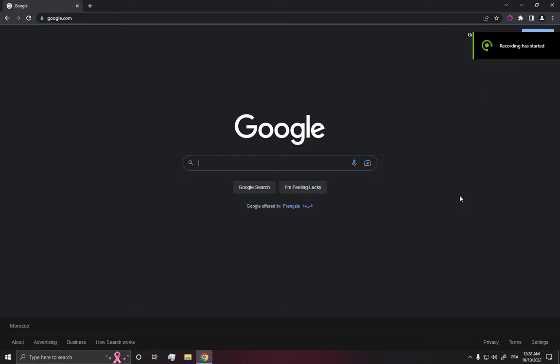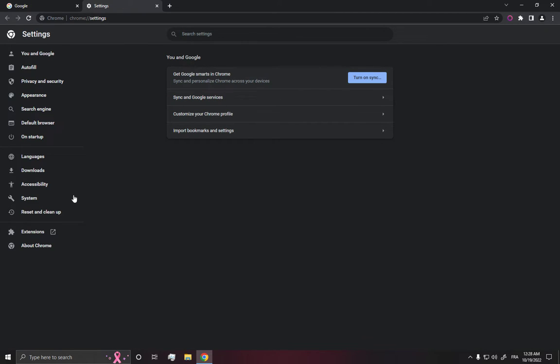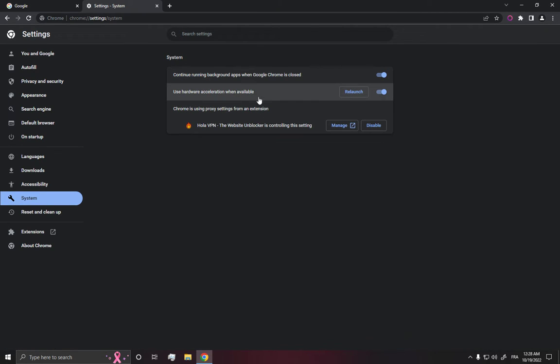In today's video, I'm going to show you how to fix slow downloading problem on your Chrome browser. All what you have to do is open your Chrome browser, go to the top here and click on those three dots and go down to settings, and then click on system and disable this option and this option, and